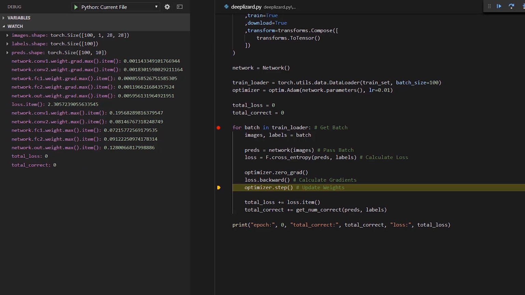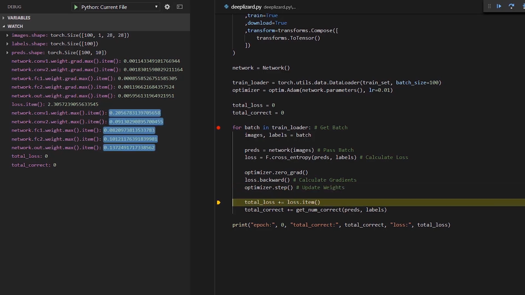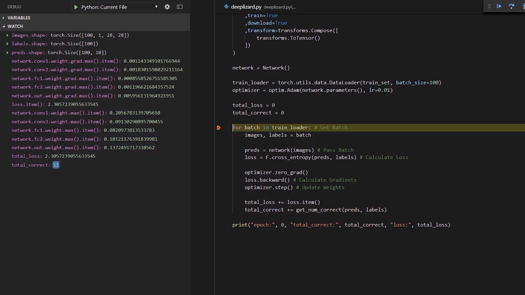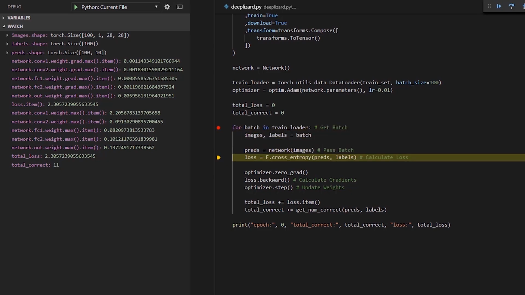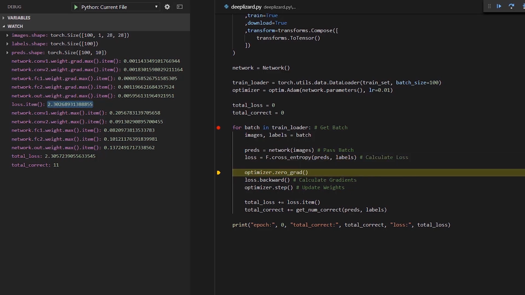Now we actually have values inside the grad attribute of our weight tensors. So we'll call optimizer.step, and we'll see our weights actually update. Okay, so the weights updated. We can track our loss, track our total number correct, and we're ready to get the next batch. So let's go ahead and grab the batch, unpack it, pass it to the network. Now we have the predictions. We take the labels and predictions, calculate the loss, and now we're back here at the moment when we need to